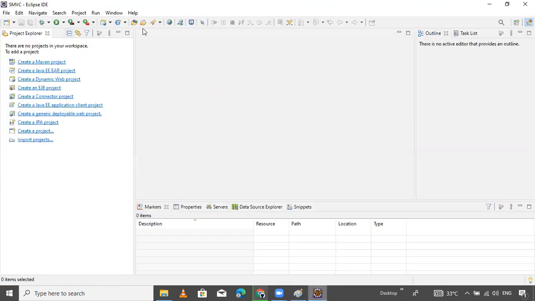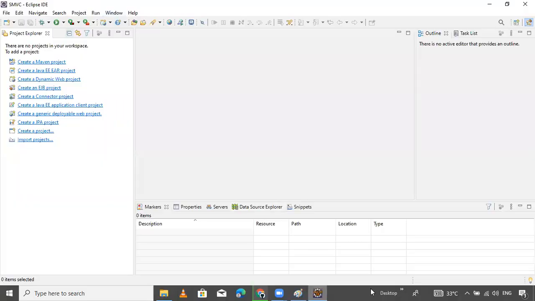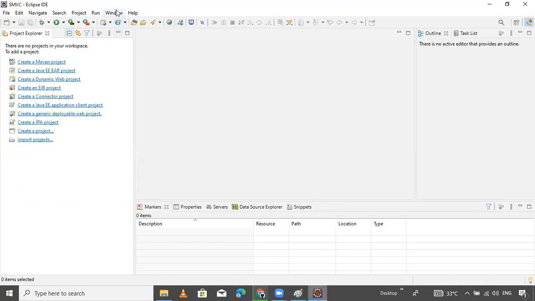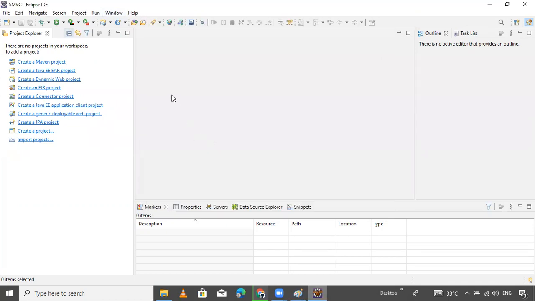So first go into Window. I'm taking a snapshot for you guys. In the Window option, select Preferences. We missed Preferences, no? So cancel it.